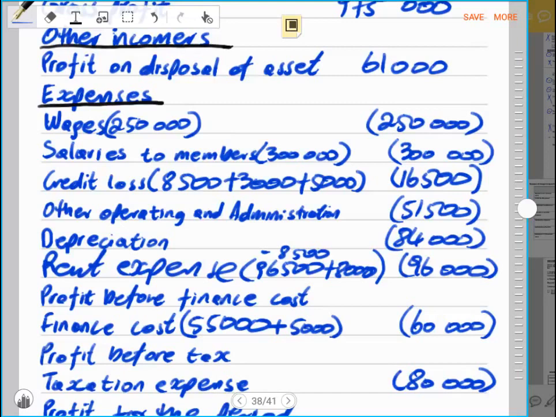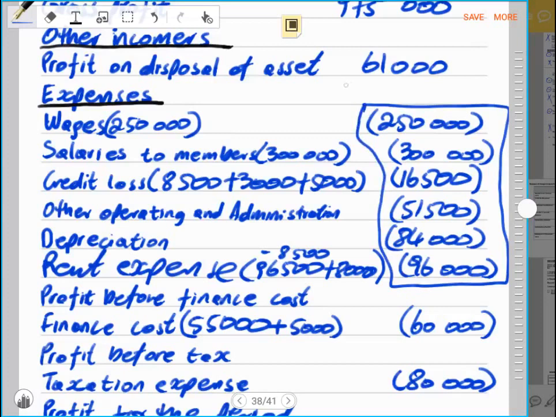So now after we have totalized all these expenses, preferably please draw a straight line there. Ignore the fact that my line is not straight, but my numbers are straight. They are correct. So now the total expenses will be 798,000 rands. So now from there we can get to the profit before finance cost,